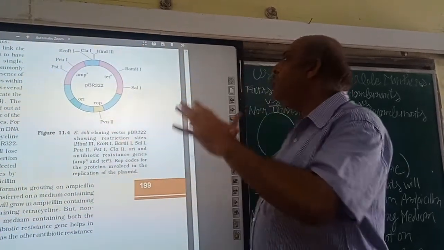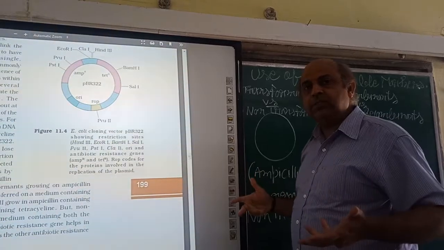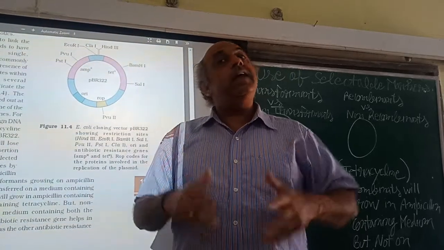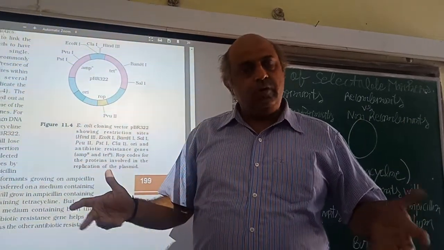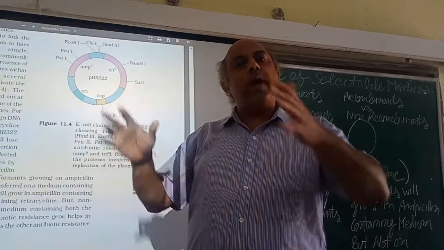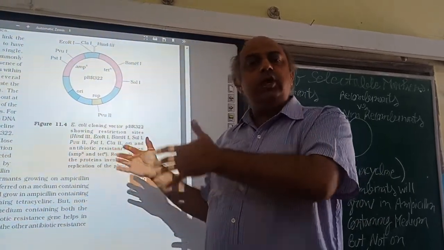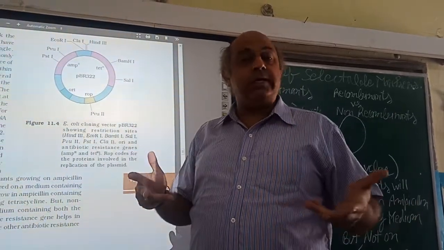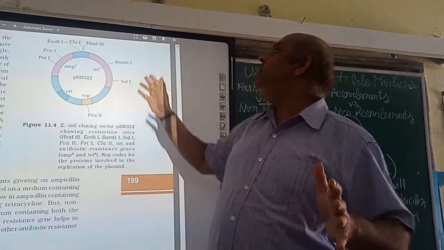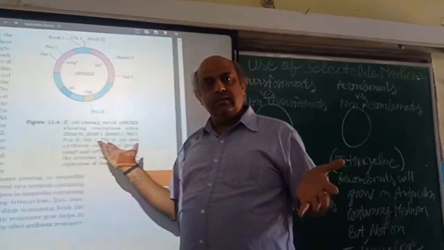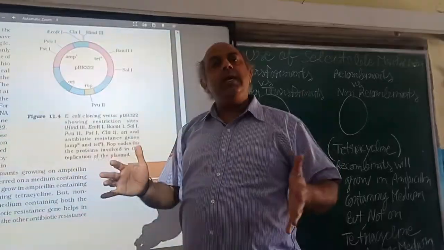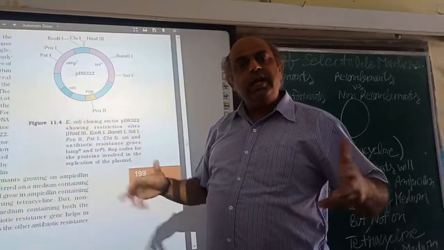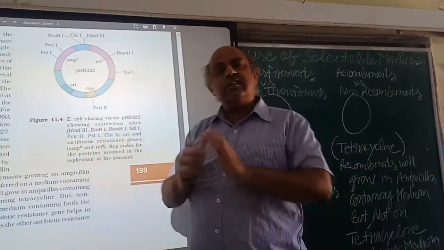Now we have to do two types of experiments. Actually, after forming the recombinant DNA, the next step is transformation. For transformation, we have to enter the plasmids into the bacteria. Actually, we will have two types of plasmids. One type of plasmid will be intact like this. The second type of plasmid will have insertional inactivation, that is, a foreign gene, a DNA segment of interest, in the tetracycline resistance gene.